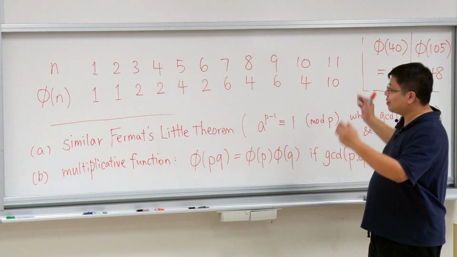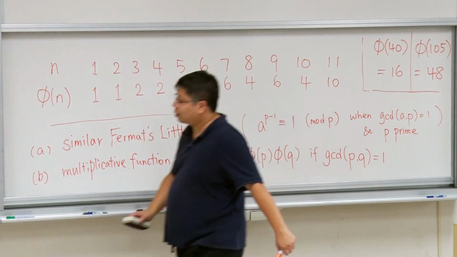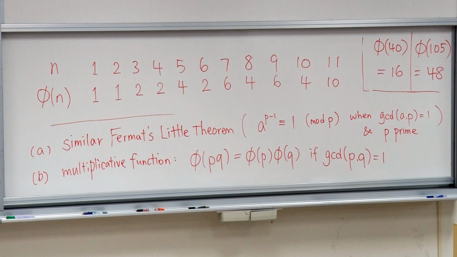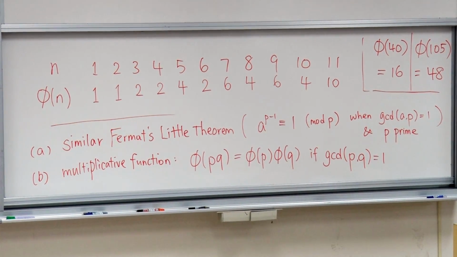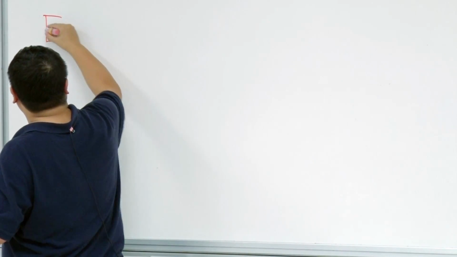So let's take a look at these two interesting properties. Here, according to part A, we are going to show something called Euler's theorem. Euler has so many theorems, and this one is about the totient function, the Euler function. So, Euler's theorem